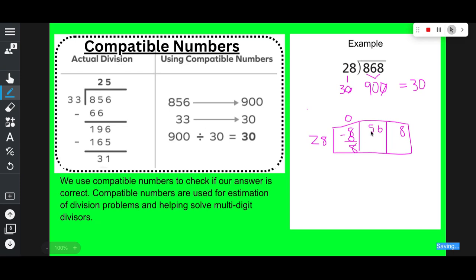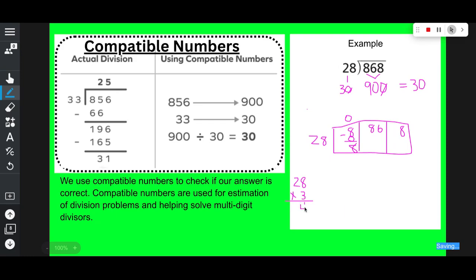But 28 can go into 86, and you might be like, but I don't know how many times. So that's where we're going to use this compatible number. If it is 30, I know that 2 30s is 60, 3 30s is 90. Well, 86 is close to 90. So I'm going to try 3 times. So I'm going to do 28 times 3